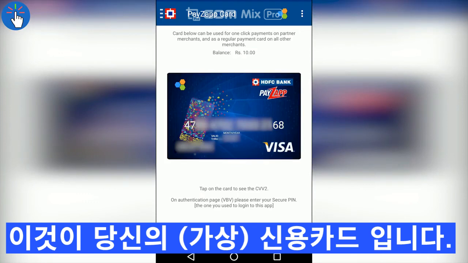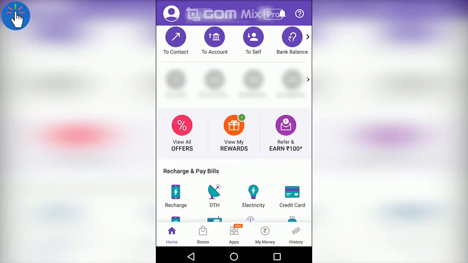You can add any amount of money anytime you want in this account and use that amount of money with this card anywhere you want. To prove that this card works, we are using another app. We are using a third-party app that is not associated with this app or the